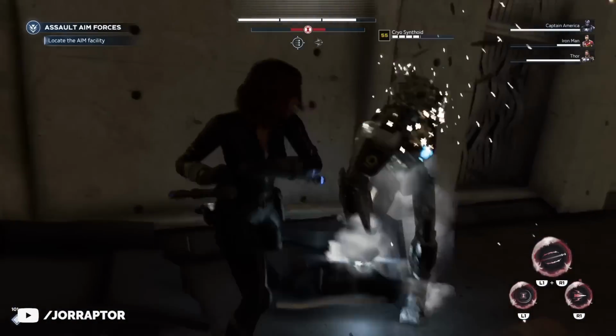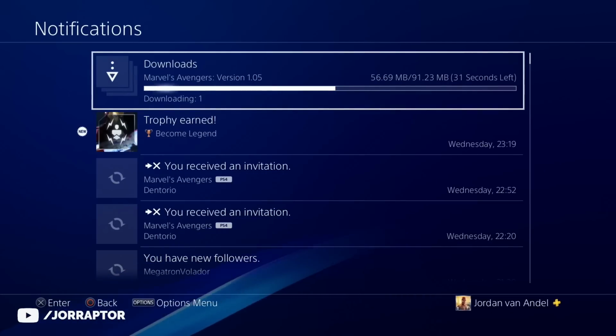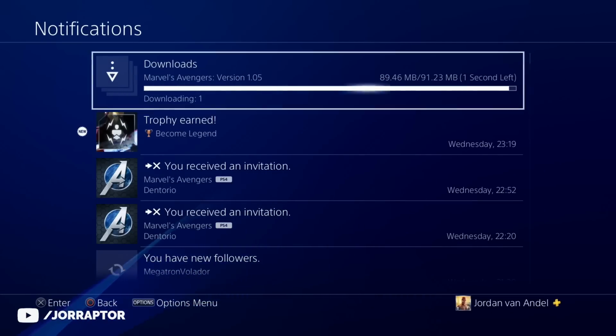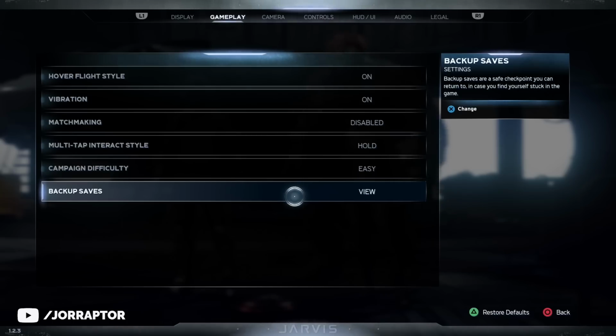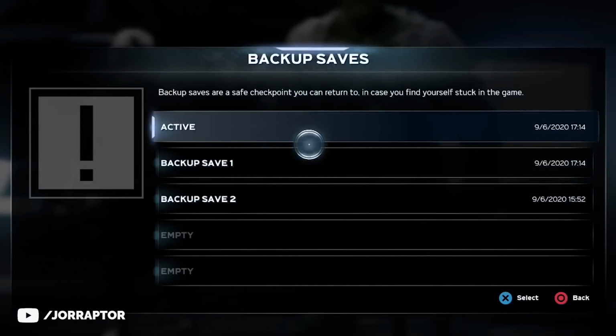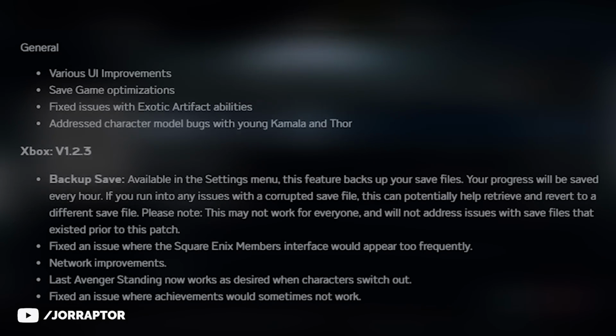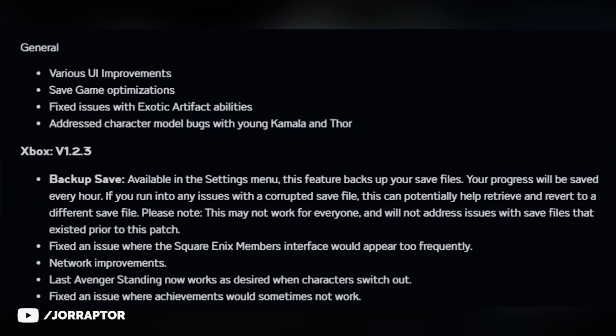We also recently had the 1.05 update for PS4 and also for other platforms, and this includes a new backup save feature for people who lost their save, because this will save progress every hour. So if you then lose your save, you should be able to retrieve it via this system, although it doesn't work if you had issues before this update. You can find this on Xbox as well, just like UI improvements and the exotic artifact ability fixes. This update just included some small improvements overall, and I'm sure we will have more updates pretty rapidly in the